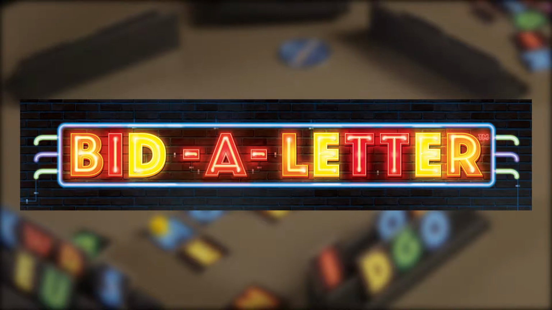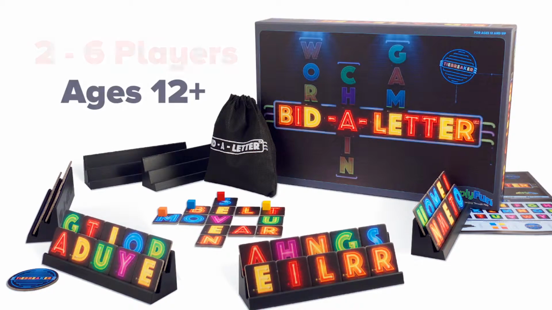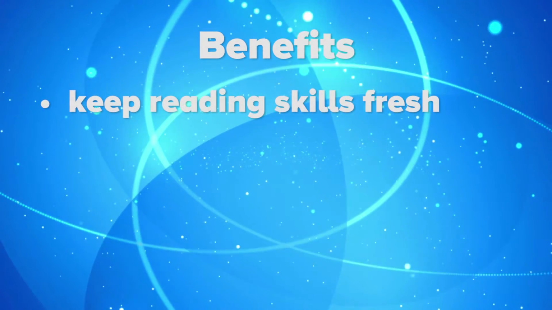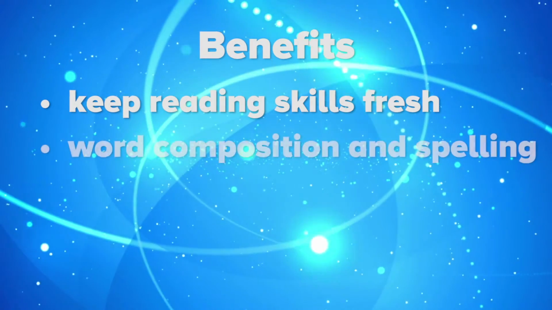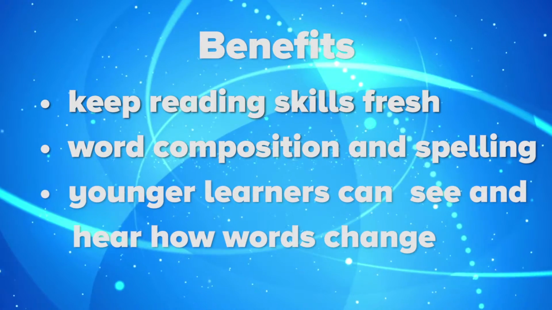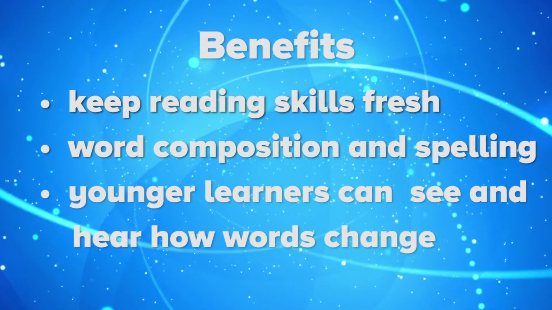Today, we're going to build words with problem-solving skills and a little bidding luck in Simply Fun's Bid-A-Letter. Bid-A-Letter is for ages 12 and up, and you can play it with 2 to 6 players. Utilizing our vocabulary at any age helps keep our reading skills fresh, and Bid-A-Letter is a great way to challenge our knowledge of word composition, including spelling. For our younger learners, Bid-A-Letter allows them to see and hear how words change as letters are added, helping with